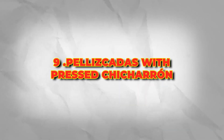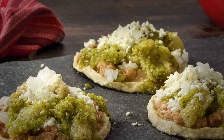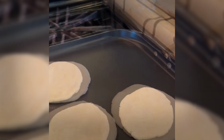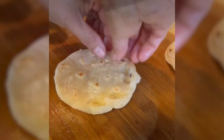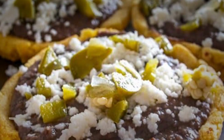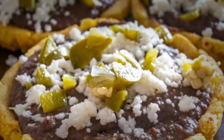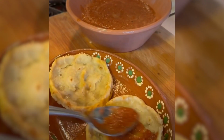Number 9. Pellizcadas with pressed chicharrón. Pellizcadas were built by hand, literally. The name comes from pinching the edges of a thick tortilla while it's still hot to form a rustic rim that can hold fillings like a shallow bowl. In Veracruz and Tabasco, the intense breakfast version started with refried beans spread across the base, then a mound of